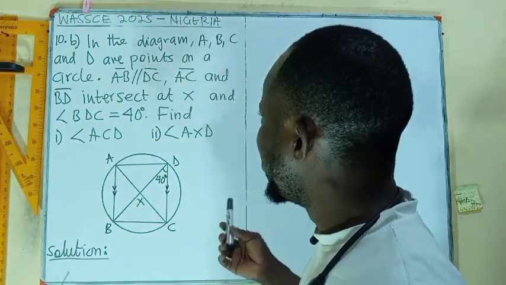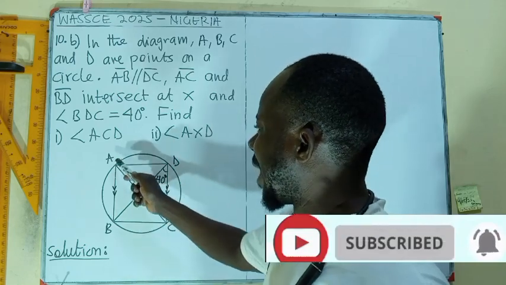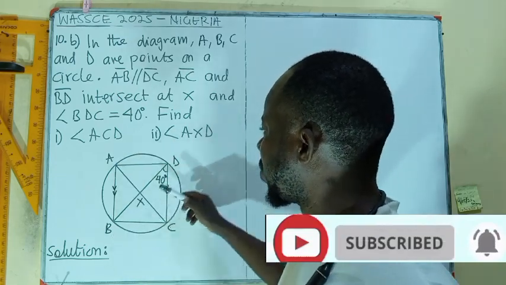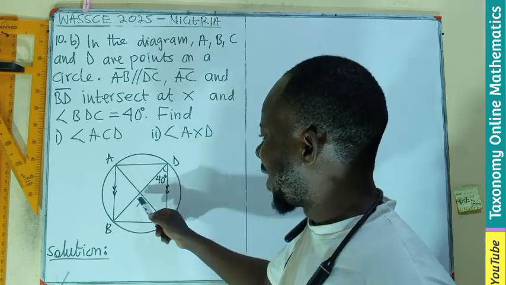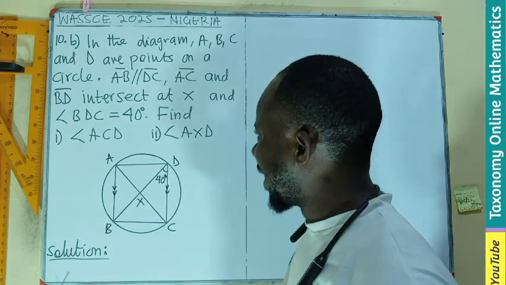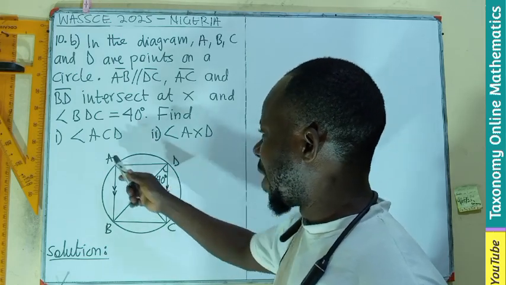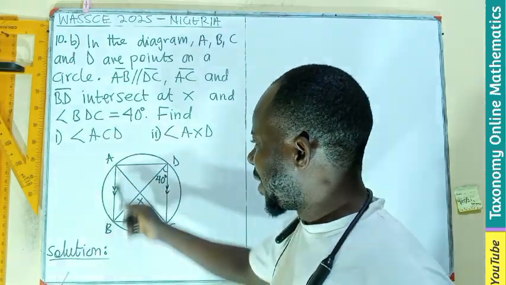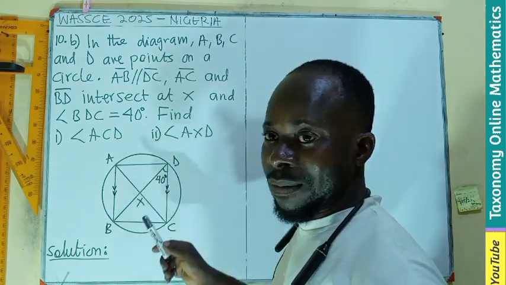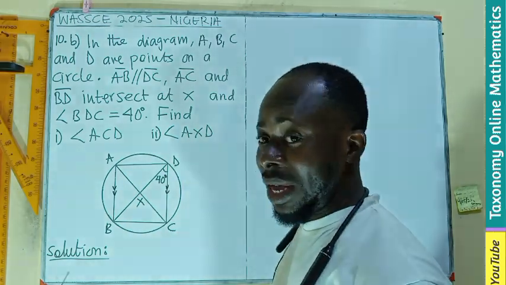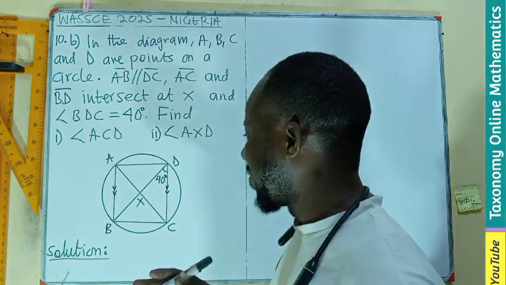In the diagram, A, B, C, and D are points on a circle where the line AB is parallel to the line DC, and AC and BD intersect at X. The angle BDC is 40 degrees. We have to find the angle ACD and the angle AXD. Now we have to just employ the circle theorems, and first of it